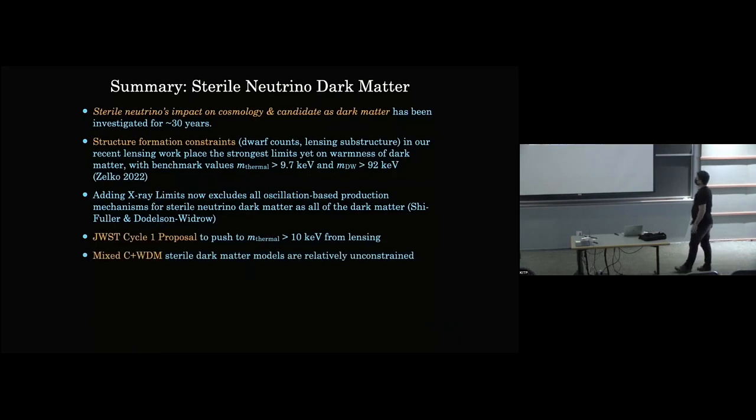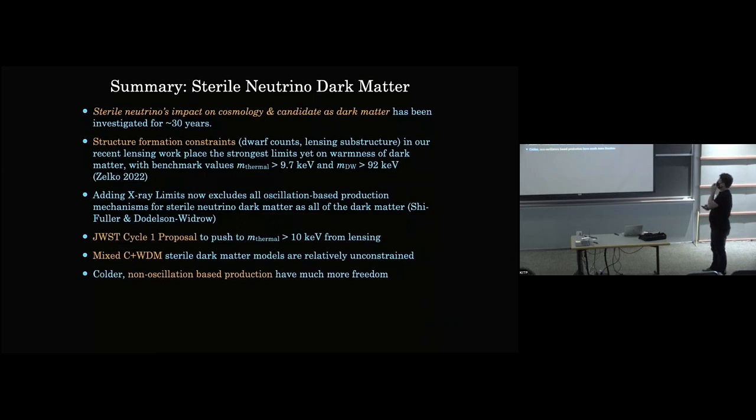Mixed cold plus warm dark matter models. I took this out, but this is of interest. I went through it very quickly. They're relatively unconstrained. You could get a signal in the X-ray, let's say at 7 keV, but it would not affect structure formation significantly if it's only a small fraction of the dark matter. And that's what happens, or could happen, in lower reheating temperature universes. Colder non-oscillation based production models have much more freedom,